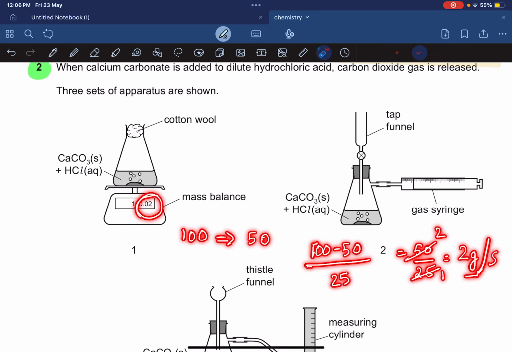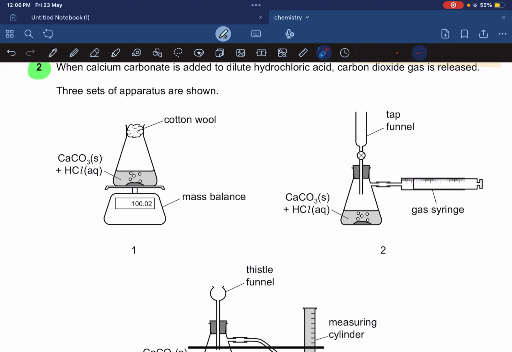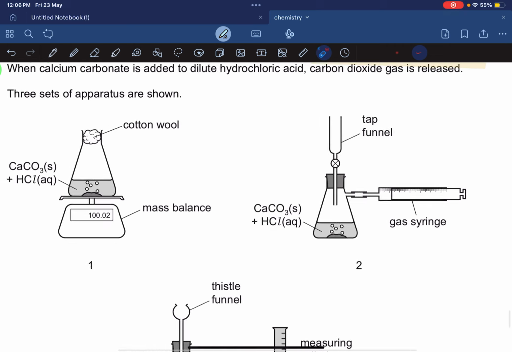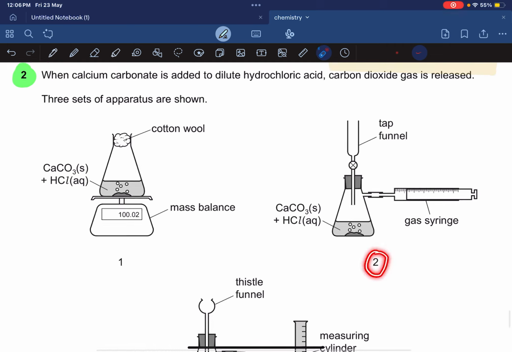Because over here you had your measurement in grams, so you can simply measure. Whenever you have to measure rate, you have to basically look at the change in the things: how gradually something is changing, how much time it's taking for something to change. Okay, now we have the two options. Let's see. Over here what we're measuring is the volume of the gas collected, and I guess that's also